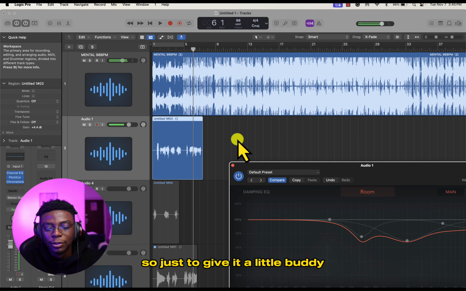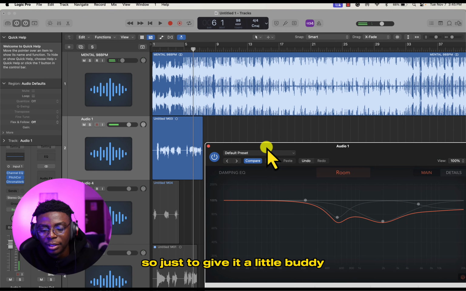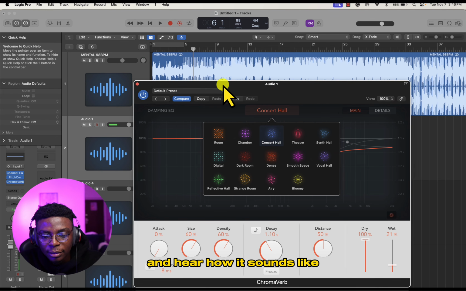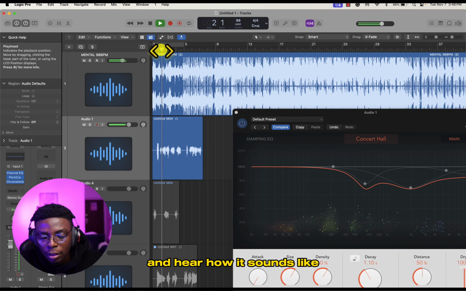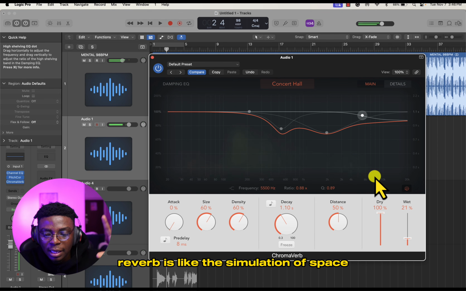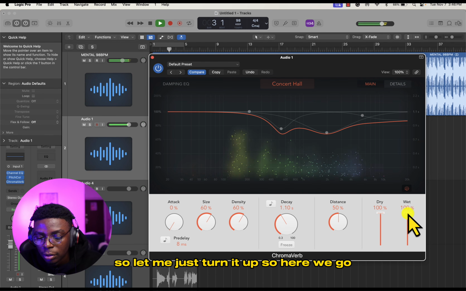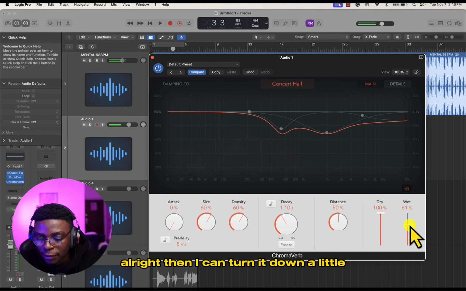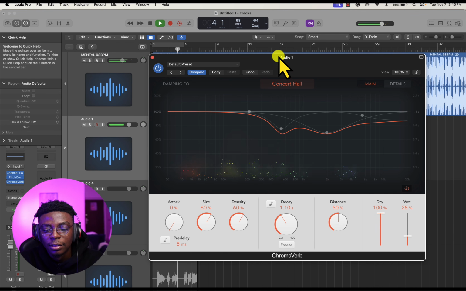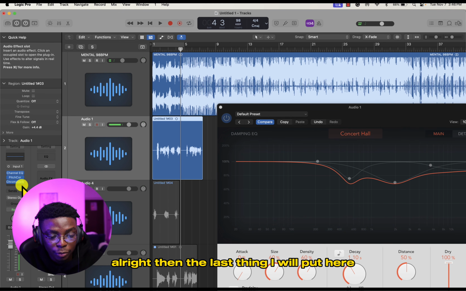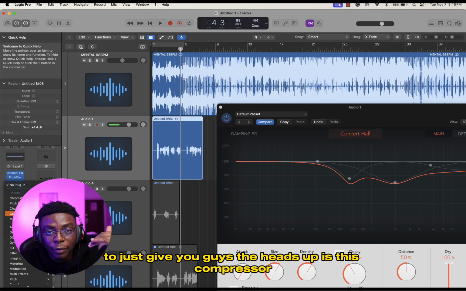All right, so just to give it a little body, but let's try the concert hall and hear how it sounds. Reverb is like the simulation of space, so let me just turn it up so you hear what it is. All right, then I can turn it down a little. Then the last thing I will put here to just give you guys the heads up is this